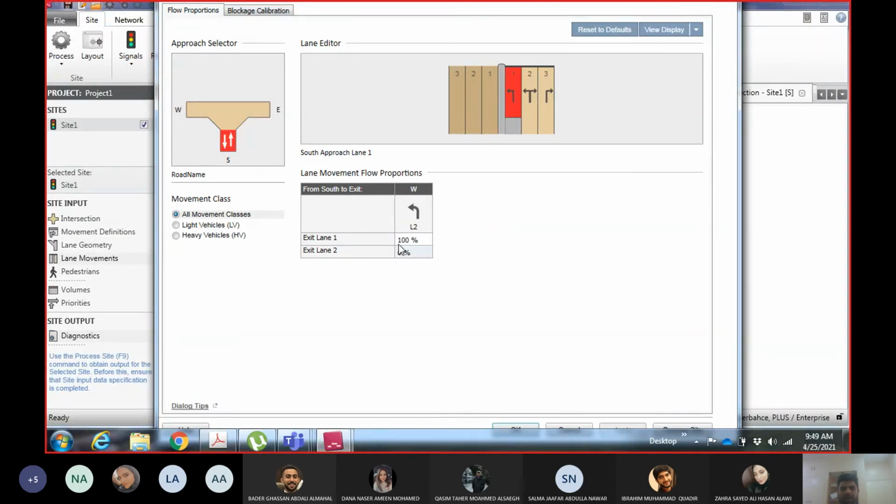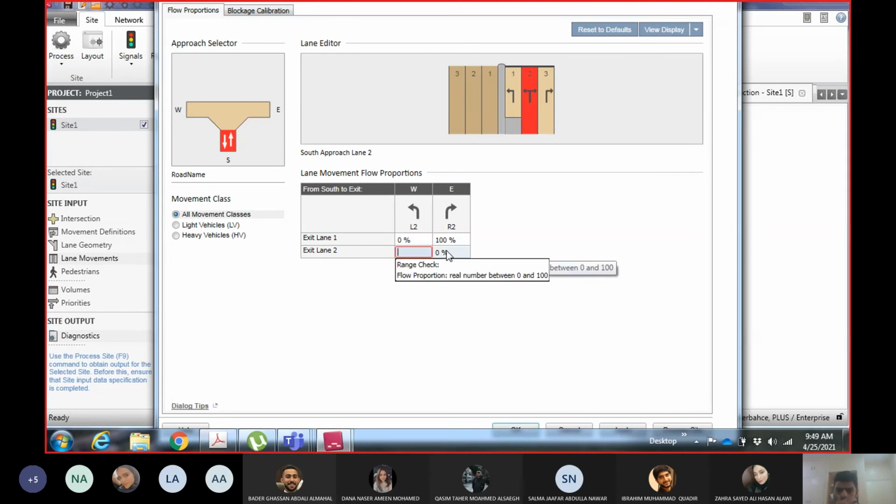For example, from this lane I will have let's say 60% of left turning, and from this lane the remaining 40%. So for each lane, you can pick the percentage of vehicles you want to allow.